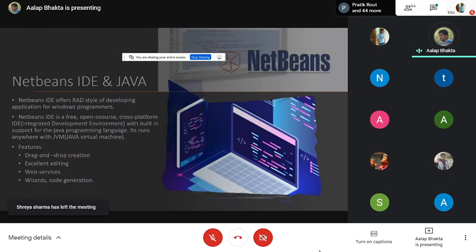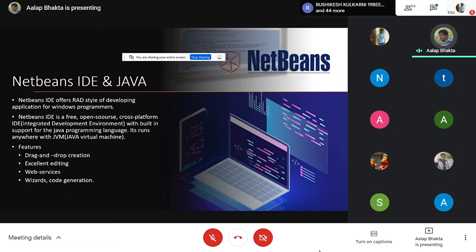Okay, so now does everyone know what a GUI is, right? Right now you are using Microsoft Meet, so that's also a GUI. Okay, so now we will look into NetBeans, the software used for programming the GUI.